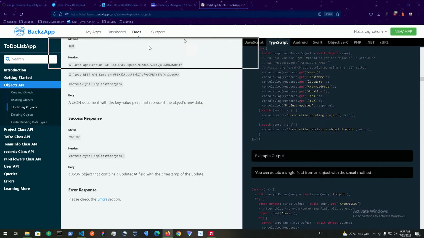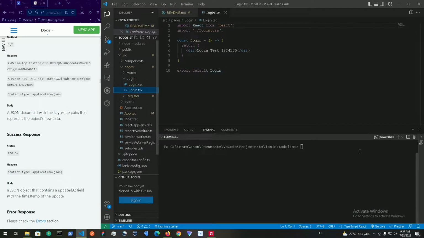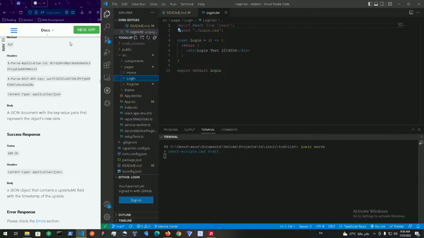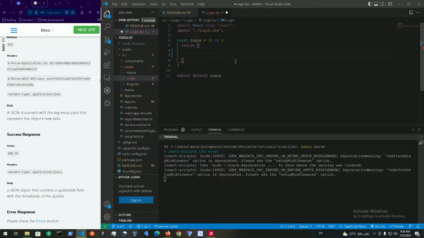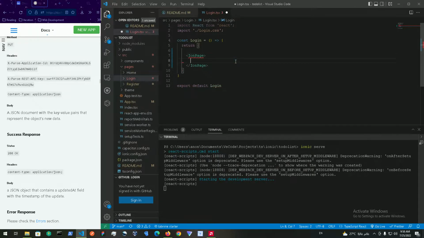Alright, so let's also go to the documentation of Back4app, and let's start actually coding the login page. Alright, so I'm just gonna go and start my application using Ionic Serve. I'm just gonna let it start for a moment. And while it's doing that, let me start designing the login page, okay? So we're gonna do Ion page, and we're gonna do Ion content,